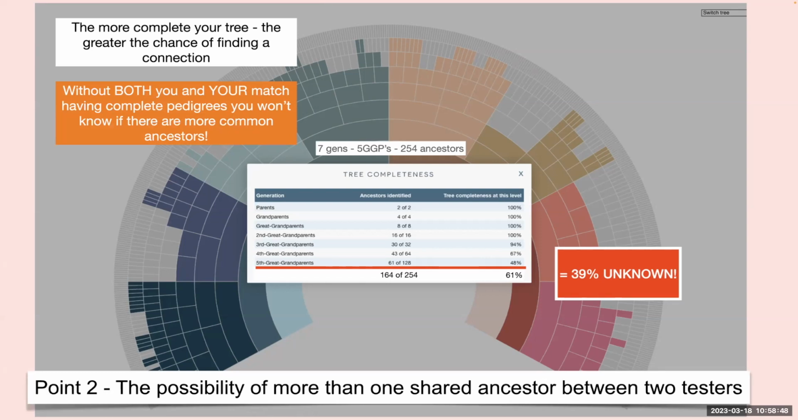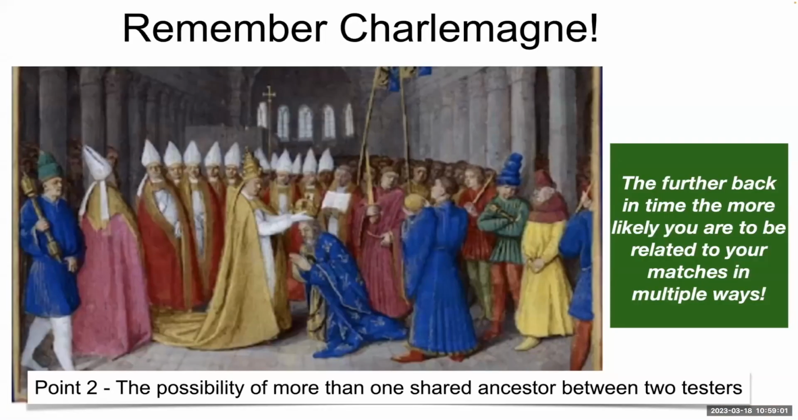And point 2 of the GPS is that you need to have explored whether there is a possibility of more than one shared ancestor between 2 testers. And the further you go back, the more chance of this happening, because you may be related to your matches in multiple ways. The classic example of that is the story about Charlemagne, who they reckon, I don't know what the percentage is, but a very high percentage of Western Europe can trace their ancestry back to Charlemagne. But if you do the sums,